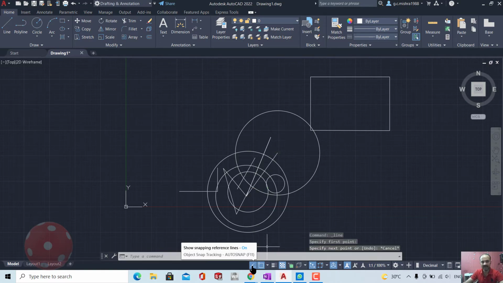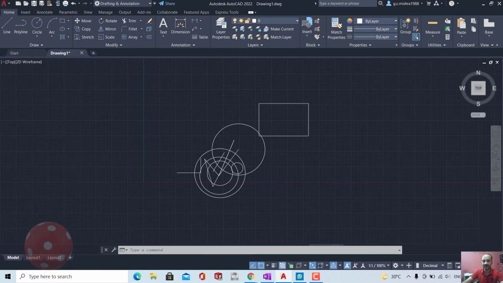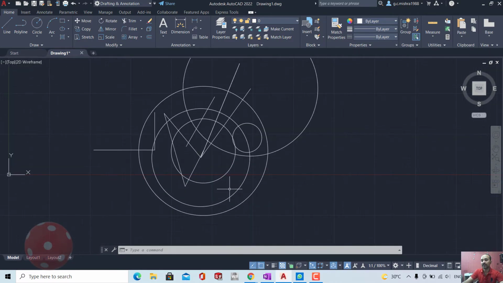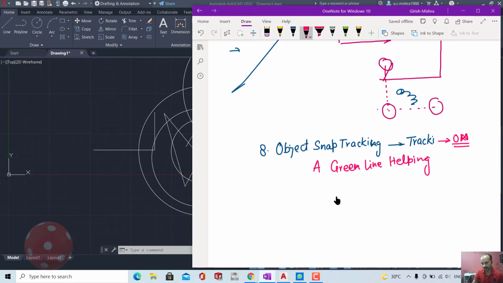For a beginner it is on, but if you are an expert creating a complex drawing, then you can turn it on and off as per your convenience. Basically, it provides a green line to track some point, corner, center, or edge. That is tracking. You should turn it on or off as per requirement.